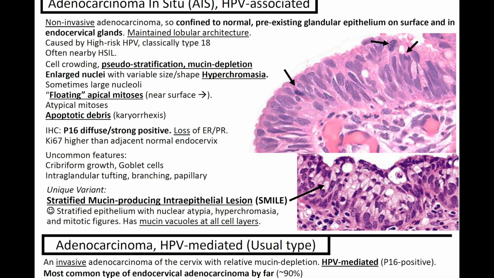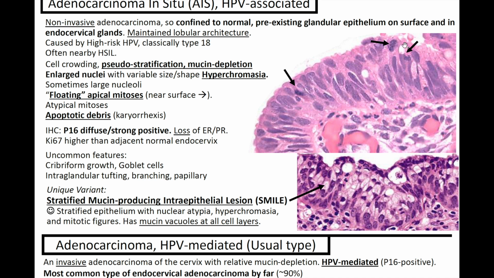It's often nearby HSIL, and histologically you'll see cell crowding with pseudostratification, mucin depletion, and large nuclei with variable size and shape, hyperchromasia, and sometimes large nucleoli, with floating apical mitoses, as shown here in this image,